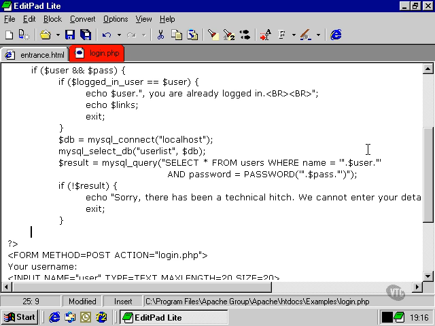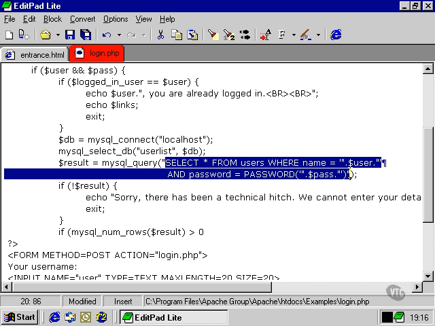So after that if statement, then we can conclude that a result has been returned from this database query, and then we're going to check whether there has really been a match. We're going to check that by using MySQL numRows, and we're going to say if the result is greater than 0, which means that it was able to find a record in the users table where the name was the same as the user